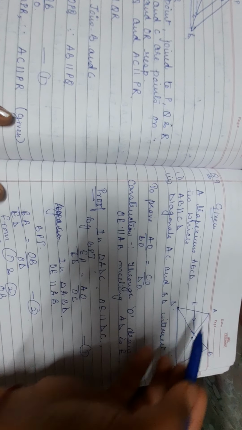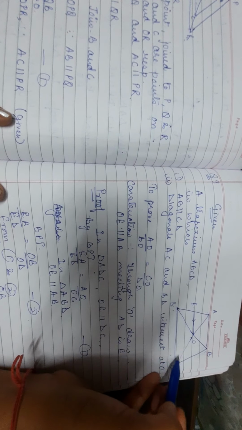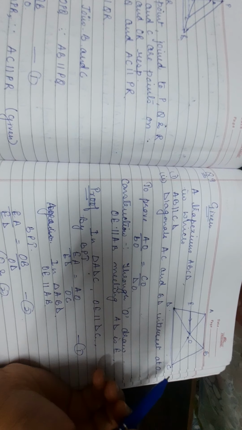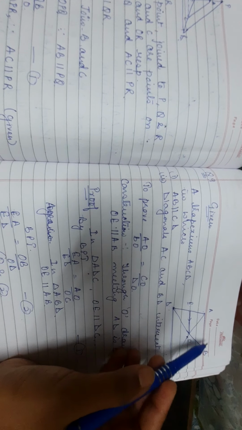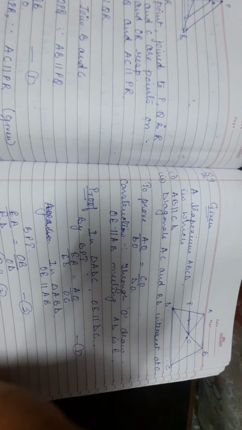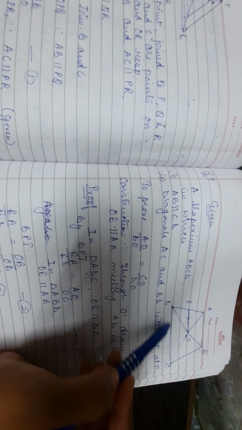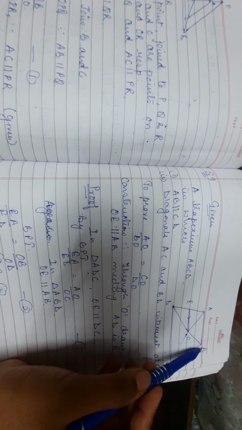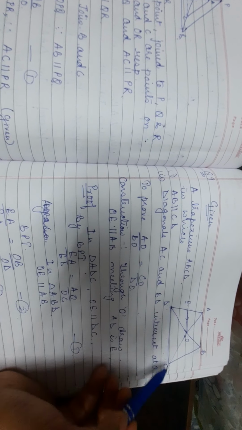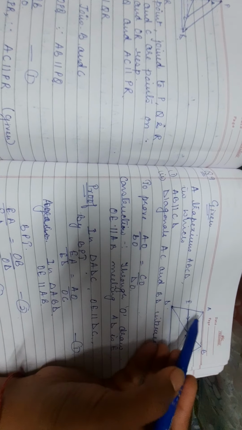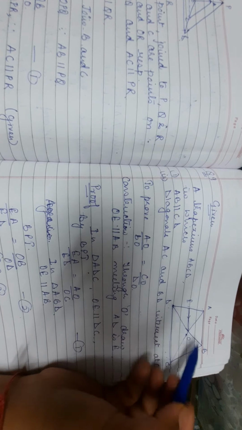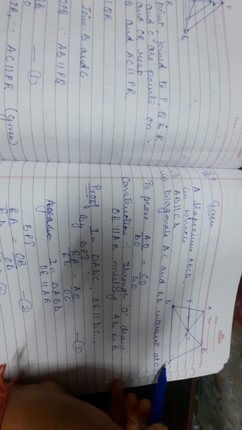So let me take the triangle ADC. हमने पहले ये वाला ट्राइंगल ले लिया, ये और ये लाइन हमारे पास क्या है, पैरेलल है. तो हम क्या करेंगे, जब ये लाइन हमने इसके साथ पैरेलल ली है and this line is parallel to this, it means that these three lines are parallel to each other. It is very easy concept. These three lines will be parallel to each other as EO is parallel to AB and the AB is parallel to DC. So OE is also parallel to DC. So according to BPT, we can write down EA upon ED, that is equal to AO upon OC.